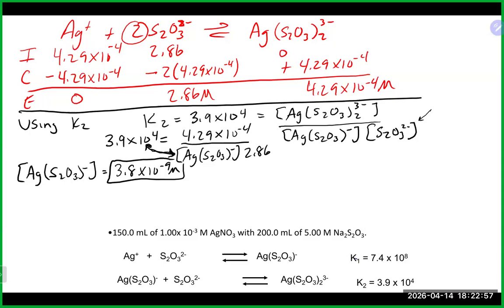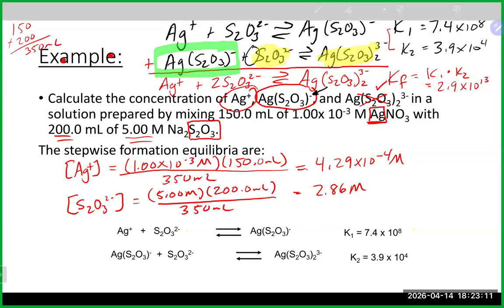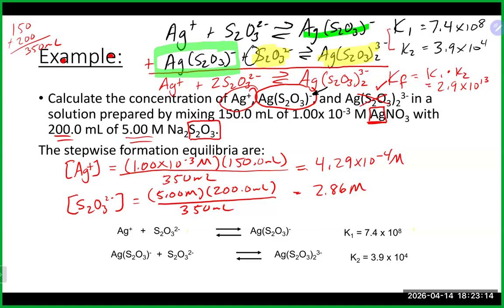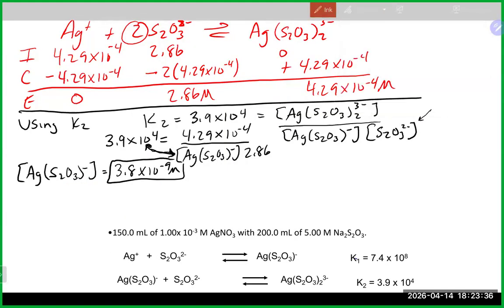At this point, I could also do a similar move because what I just solved for was that intermediate. And if I look back at the first step in the stepwise fashion here, I now have this guy's concentration that I just solved for. I still have this guy's concentration. Now I can use the first step and actually get silver's concentration if I choose to do so. And that's what I'm going to do here. I'm going to use step number 1 now to figure out silver's concentration since I have the other pieces of information. So looking at step number 1 here,